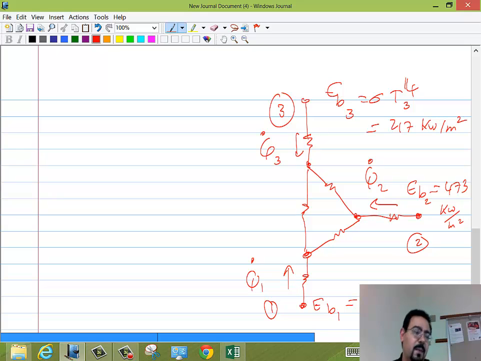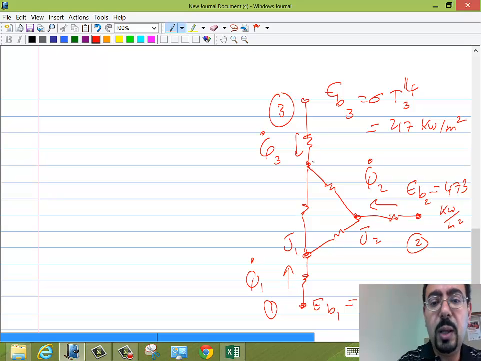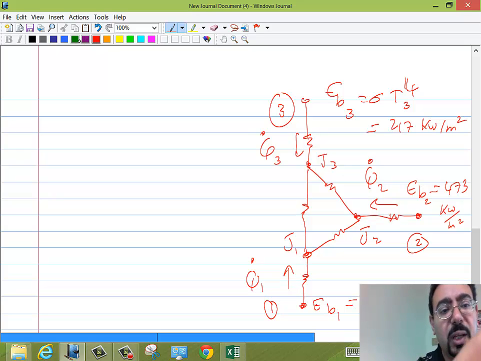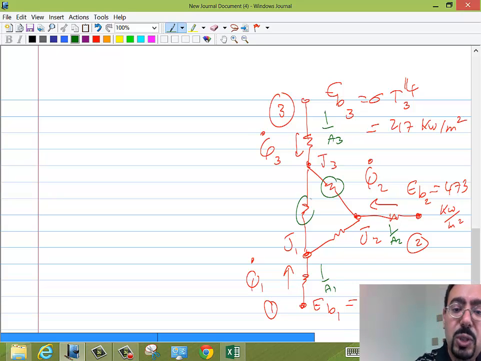Okay? So this is J2, J1, J3. To calculate my J's, I need to figure out the resistance in front of them. We already decided that the resistance here is 1 over area 3. That's the surface resistance. 1 over area 2, 1 over area 1. So how about those guys? I need those resistances to get